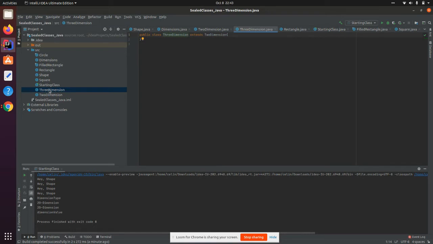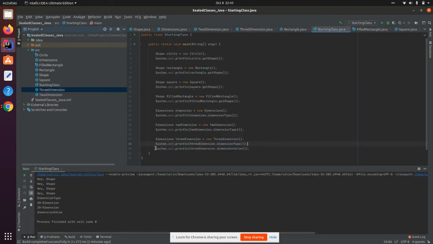For example, in this particular scenario, possibly the developer would not want this method to be accessible to